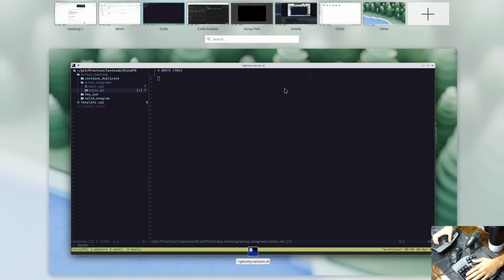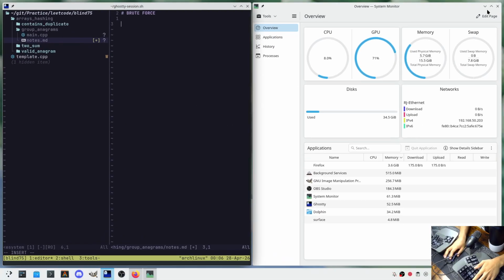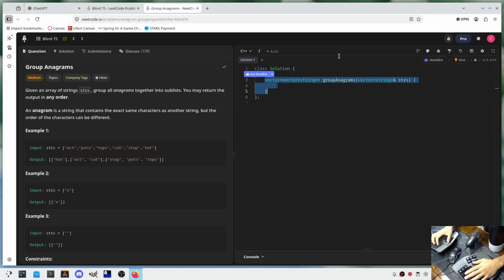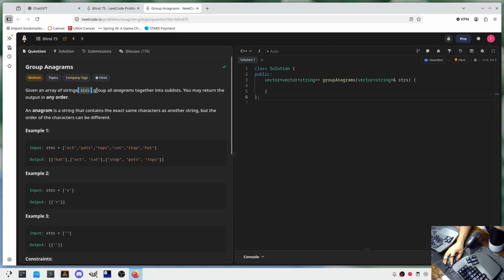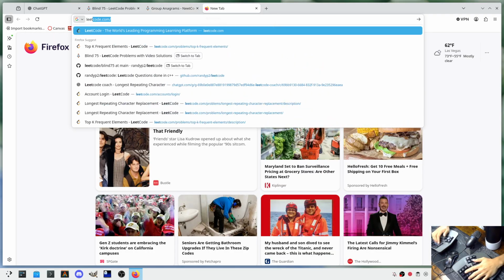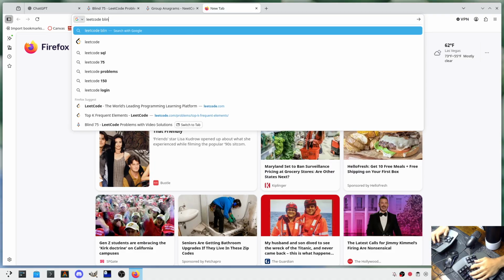Alright, so the problem reads as, given an array of strings strs, group all anagrams together into sublists. You may return the output in any order. An anagram is a string that contains the exact same characters as another string, but okay, so it seems like a continuation. I'm gonna actually do this in Leetcode because I know that Leetcode kind of